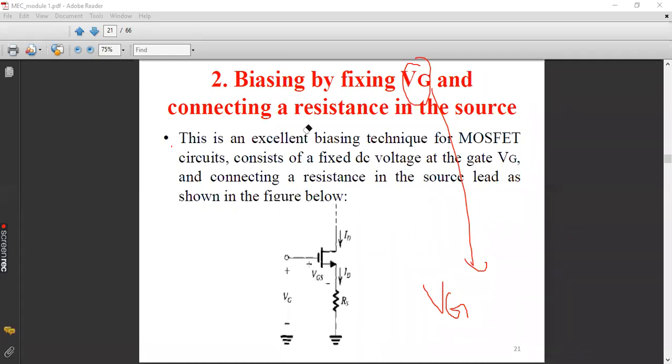Now, why have I put it like this in the figure? No matter whatever circuitry you have shown there, maybe you will be connecting some loads, active load or something like that, that we will deal with in the second module. Whatever circuitry is being driven here, that is, in the drain terminal, irrespective of this, we will be able to fix the Q point properly if we are using a source resistance RS along with a fixed voltage VG.